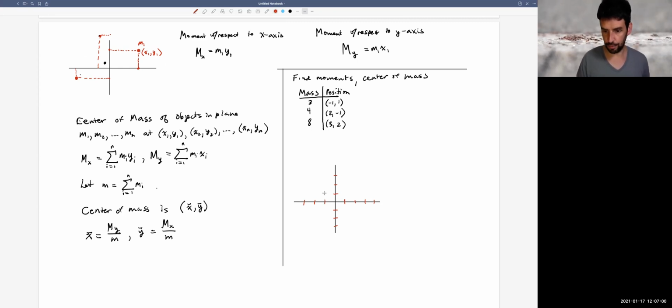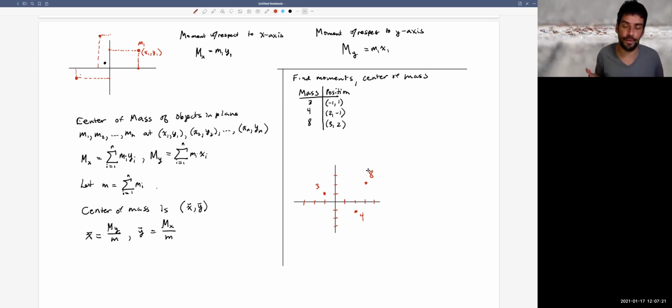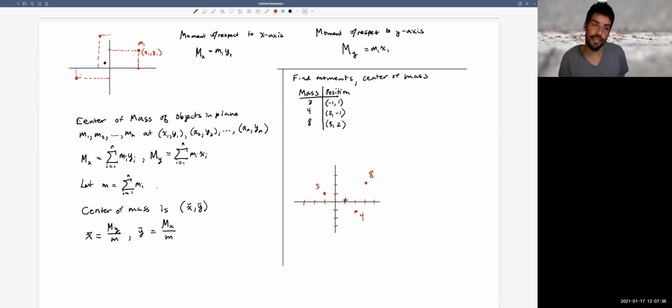All right, so we've got a point at -1, 1. There's our point mass with mass 3, 2, -1, we've got a mass 4, and then 3, 2, we've got a mass of 8, right? So if you imagine these things, trying to find the center of them taking into account how there's a heavier point over here. If you kind of imagine the triangle, right? We can imagine the center of the triangle here, and I imagine it's going to be pulled towards that heavier side, right? We need to get closer to it to balance it. So maybe I'll just throw in there my eyeball estimate is somewhere in here,